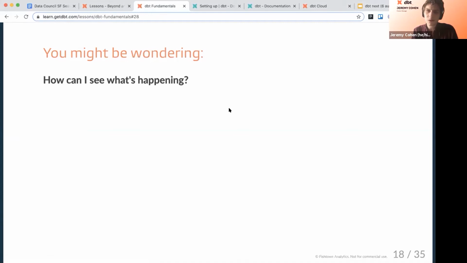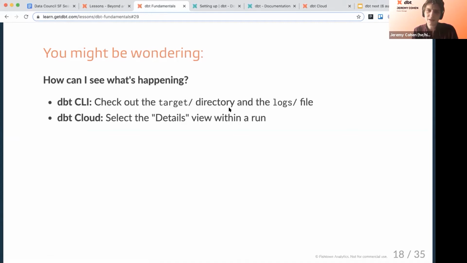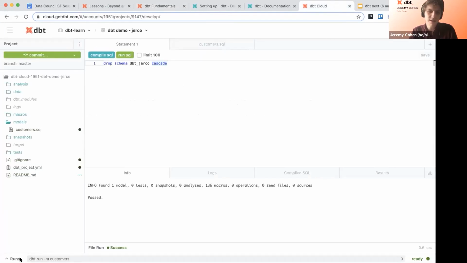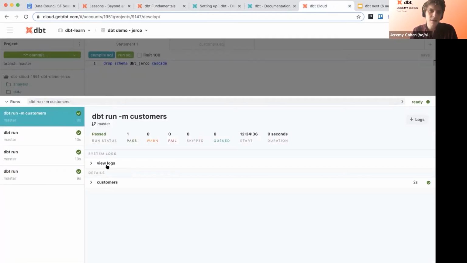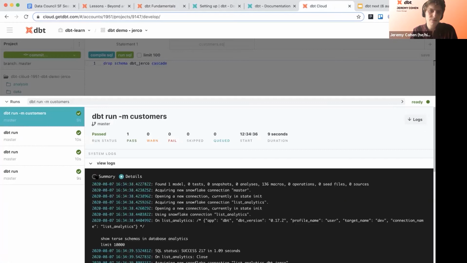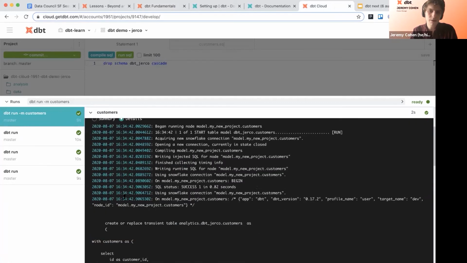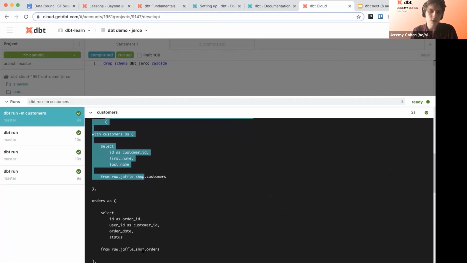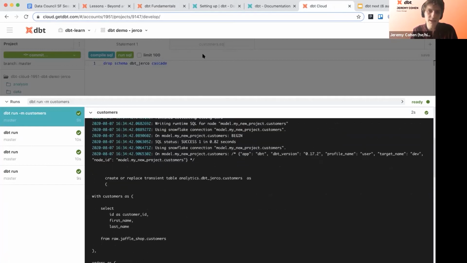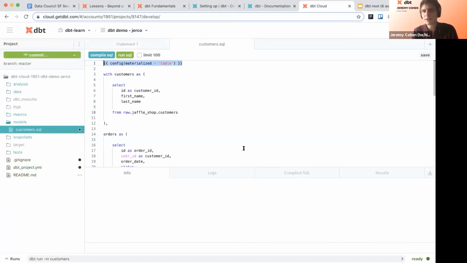I've already been showing you a little bit about this, but how to see what's going on. We've been looking at some of the debug logs, some of the details here in the run status, broken down by model. So this is the SQL that dbt is actually running against the database. This is Jinja, it's a Pythonic templating language, which we use to configure and extend the SQL that we run and that we write.